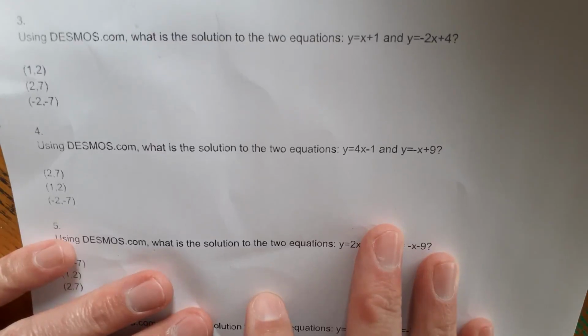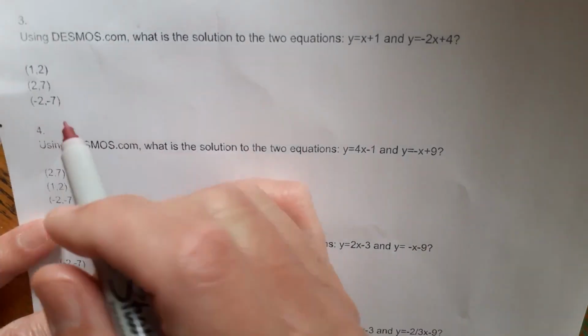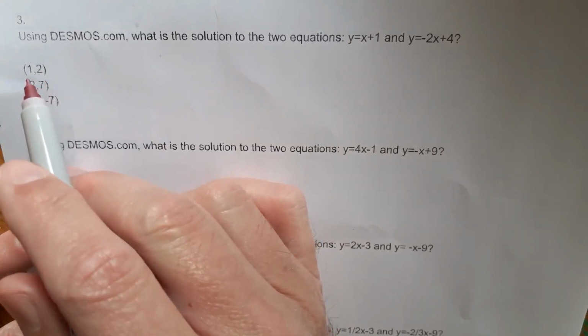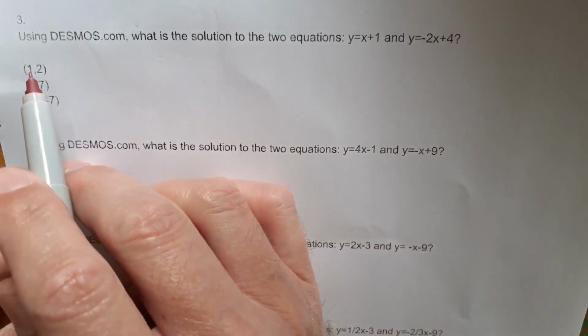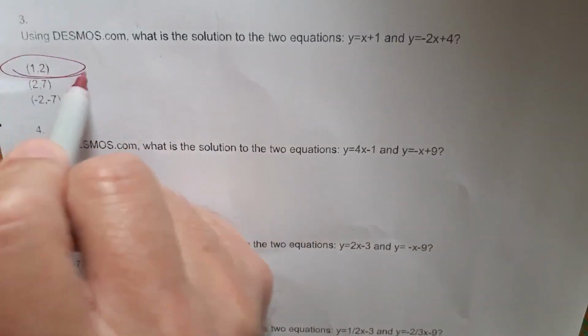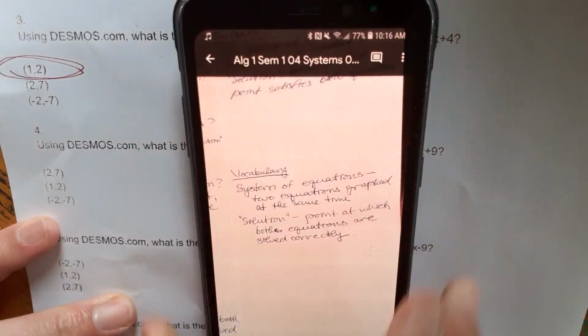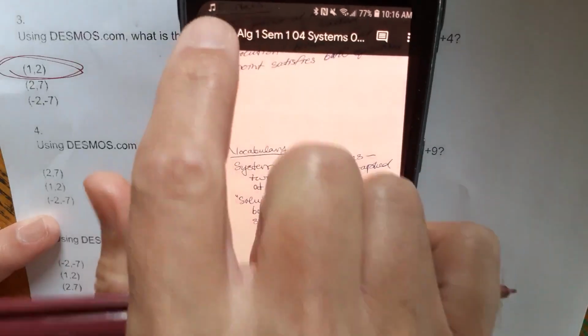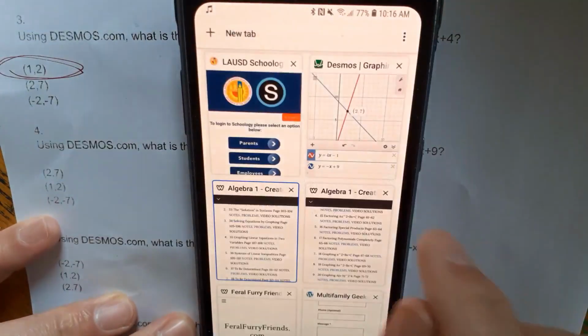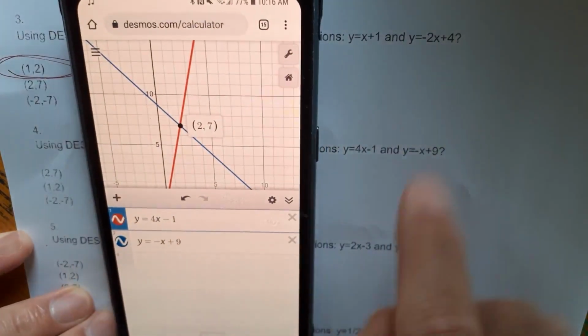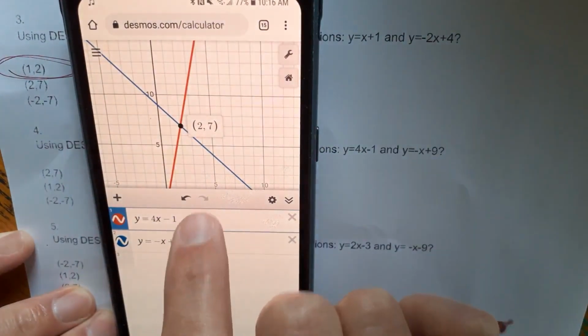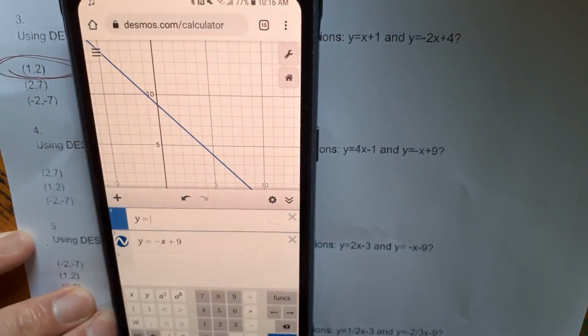All right, so what we're going to do is talk a little bit more this time from an algebraic standpoint. Go back and watch the last lesson. We went ahead and graphed each one of these, right? So we proved that this was intersecting at 1, 2. So just to remind you how that works, let's go back here, go to Desmos, and we're going to work on plugging in x plus 1 and negative 2x plus 4,